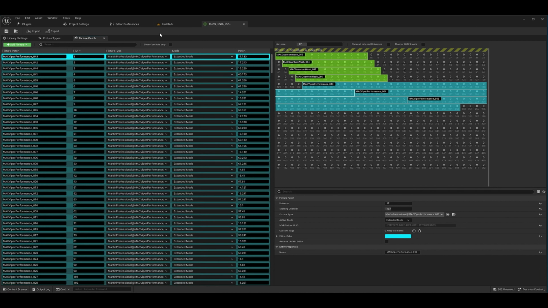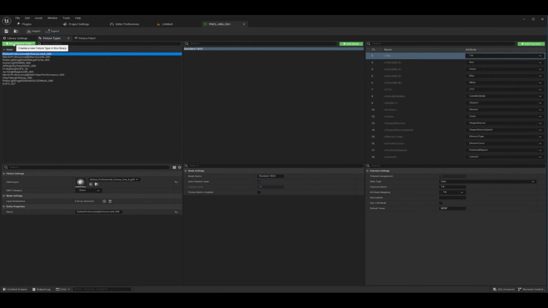But something that might not be obvious is you can also import and export MVR from this screen. If you had a library that existed already and you wanted to import over it, you could do that. Or if I created a library or made edits here inside of Unreal, I can export the library. Now, something really important to mention: if I go in here and just create a fixture type using this dialog, this one's not going to export. We don't export GDTF-compliant fixtures yet. So if you were to just create a simple RGB fixture or something like that, it's not going to export. When you're using this workflow, you really want to make sure you have GDTFs for everything you're doing, so you can import and export effectively.